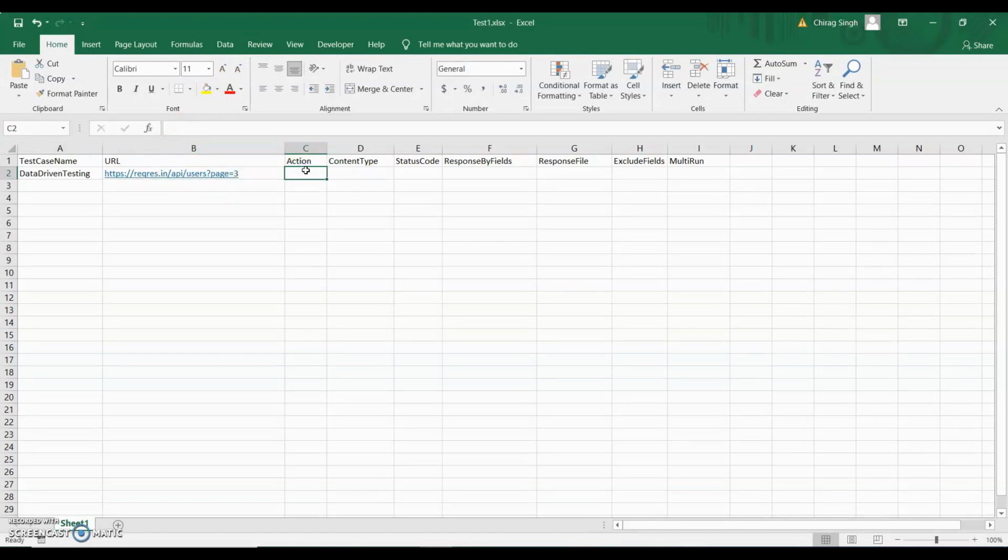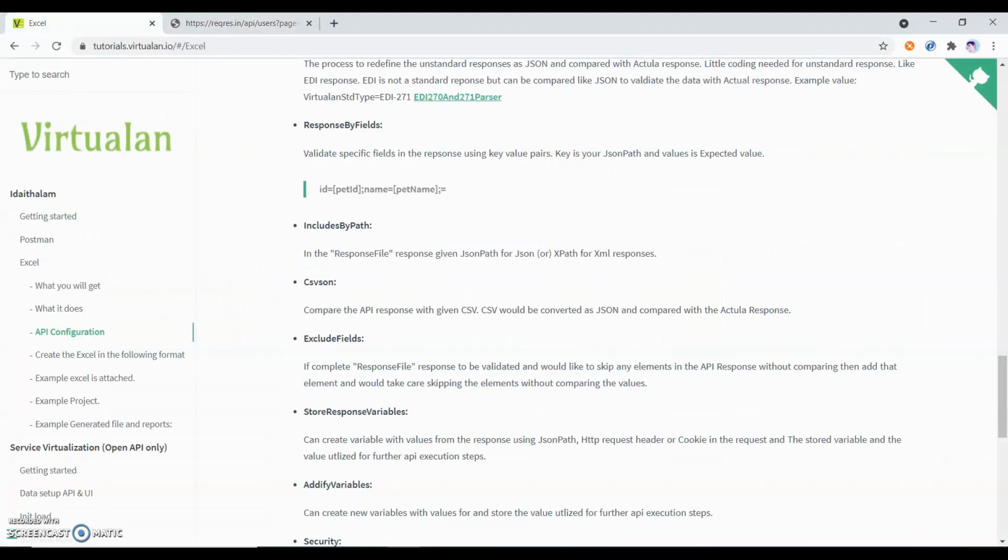What will be my action? My action will be GET. And what is the content type? It is application JSON. And what will be the status? Status 200.